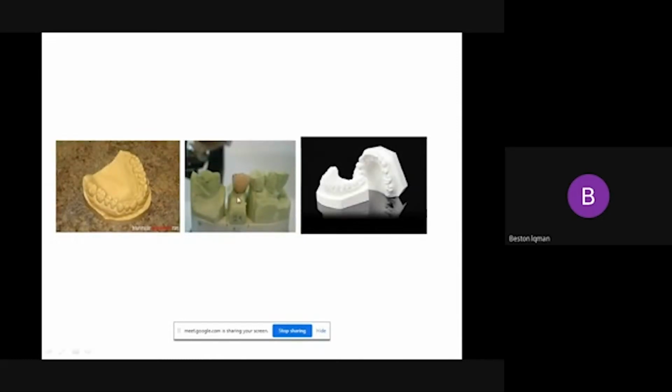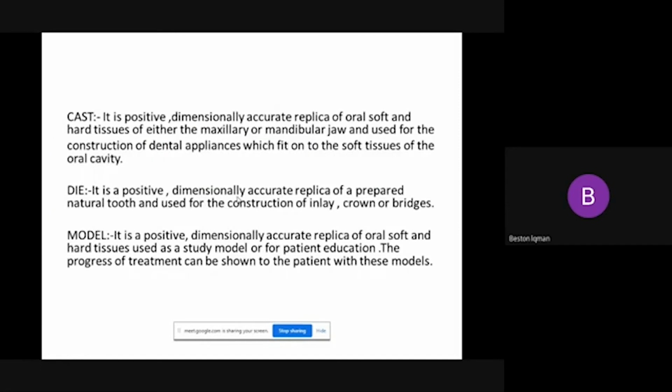The cast, either maxilla or mandible. Usually use it for any appliance, for construction of any appliance like denture, orthodontic appliance, or any extra. All of the purposes you can do by the cast. While the model,